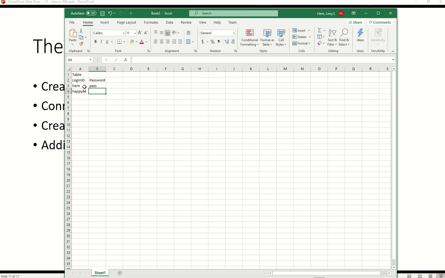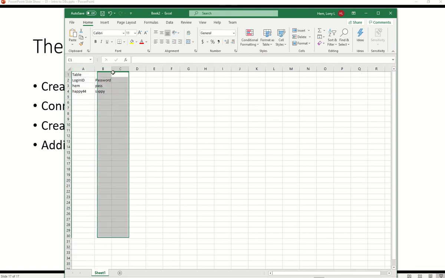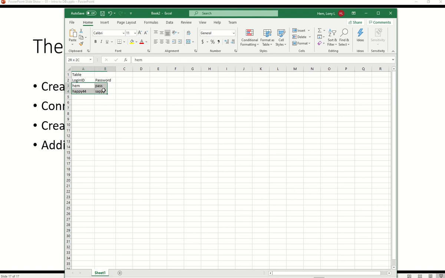Happy44, and their password is hash maybe. No, sappy, maybe sappy. All right. So we want to create this kind of table here. So to create this kind of table and to add these items in,